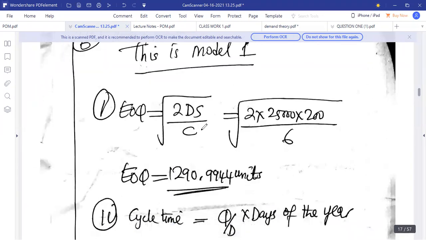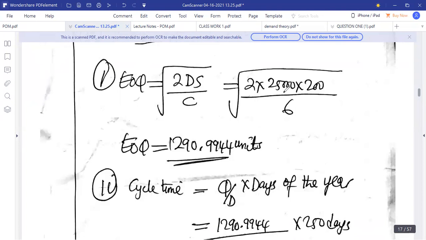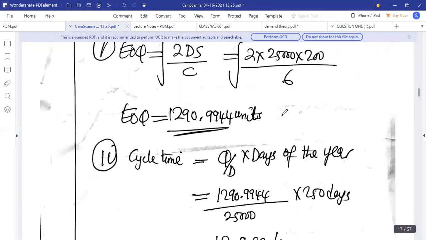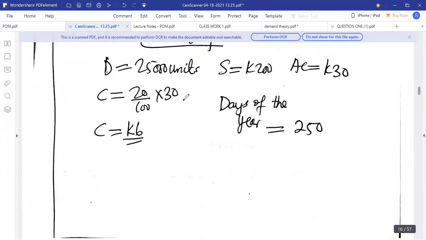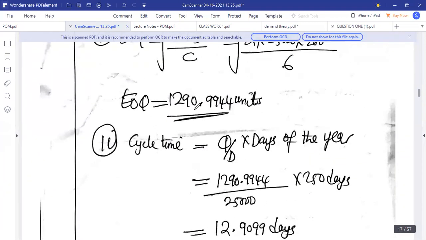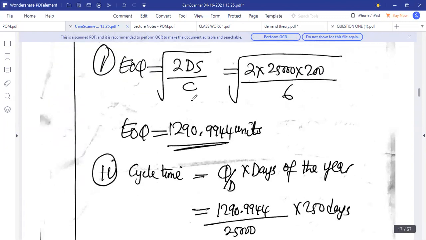This is model 1. EOQ is 2 multiplied by demand of 25,000 by S, which is ordering cost per order. It has been given here, 200. Then also carrying cost is 6 kwacha, meaning is 20% of 30, which is 6 kwacha. So the economic order quantity is 1,290.99 units. So if you get this one wrong, it will affect the other questions coming, because the other question